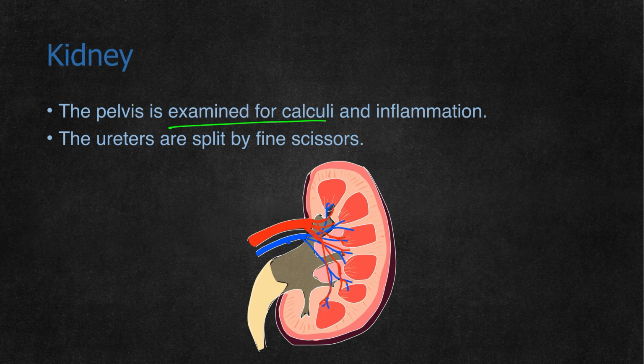The pelvis is examined for calculi and inflammation. The ureter is split by fine scissors. Along the ureter, the scissor is pushed and cut along the ureter for examination. Again, in the pelvis, any abnormality, signs of infarction, congestion or inflammation, has